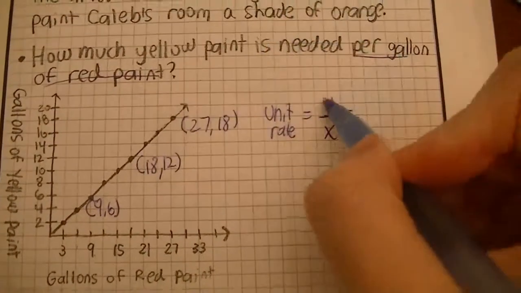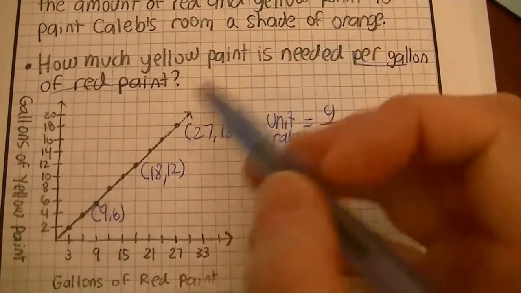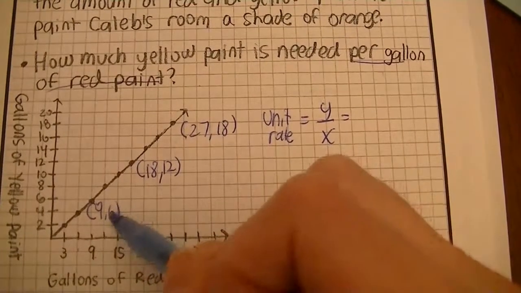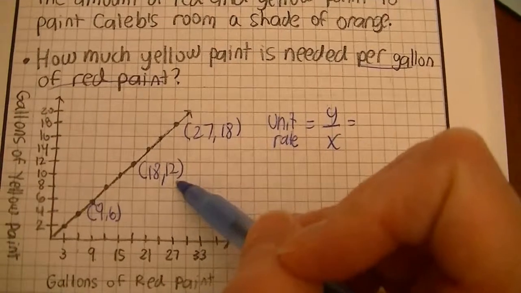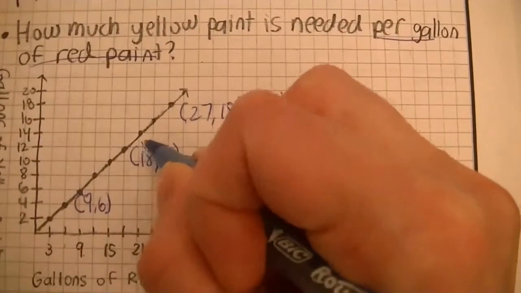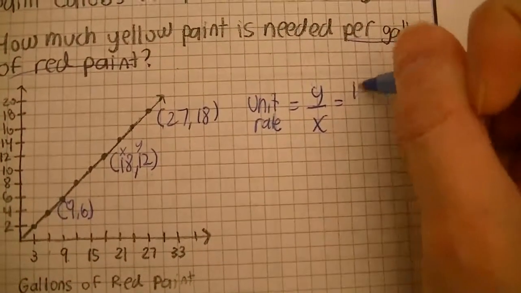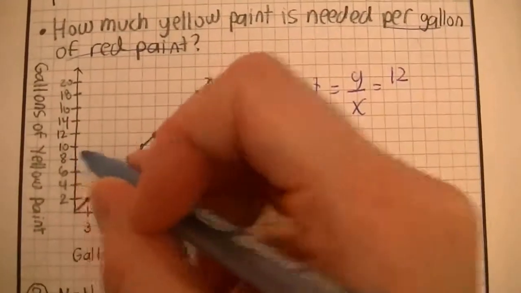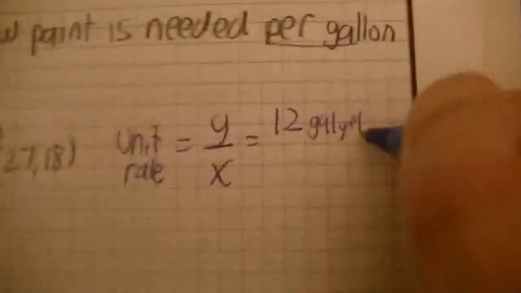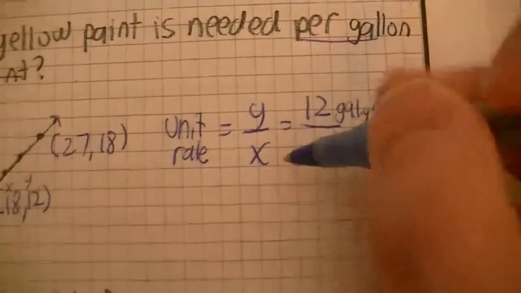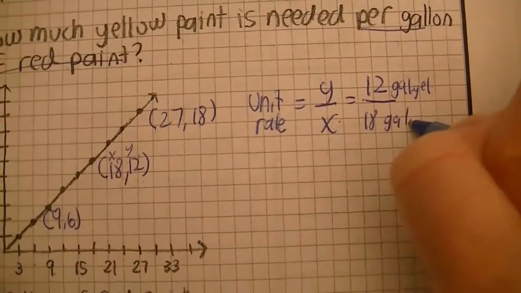To find the unit rate, you just go y divided by x, and you can pick any one of the points on the graph, and since I've already listed these, I'm just going to use one of these 3. I'm going to go ahead and use this one right here. So this was x, this is y. So I want y in the numerator. Y is 12. And what was that right there? Yellow paint. So gallons, yellow. That's abbreviated gallons for yellow paint. And then the x value was 18. And that's gallons of